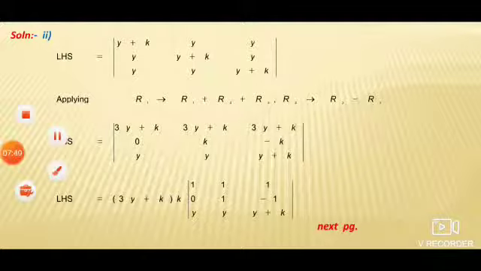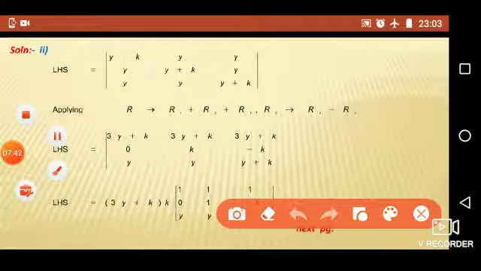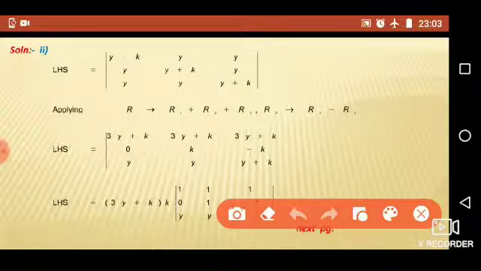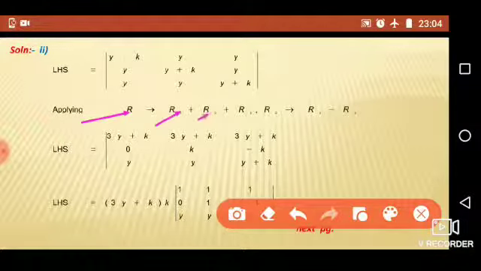Let me begin with the solution of this problem. LHS is equal to, let me write the given determinant, which is containing the elements in the row and column respectively. There is no common factor either in the first row, second row or third row, or first column, second column, third column. Therefore R1 changes to R1 plus R2 plus R3. We will add the corresponding elements of the first row, second row and third row. At the same time, we can change R2 changes to R2 minus R3.